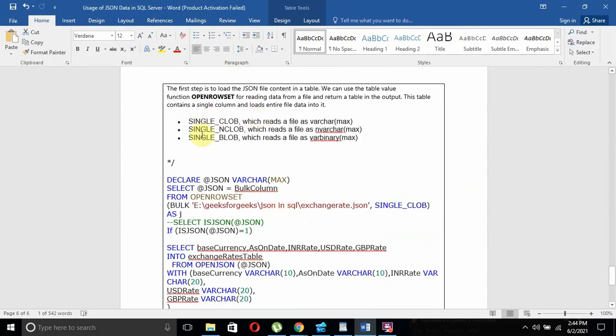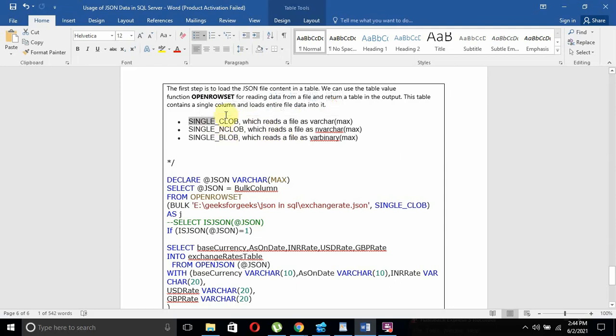This is the important thing. SINGLE_CLOB reads a file as varchar(max). SINGLE_NCLOB reads a file as nvarchar(max). SINGLE_BLOB reads the file as varbinary(max). So now, if you just want to have varchar(max), that's why I can use SINGLE_CLOB.